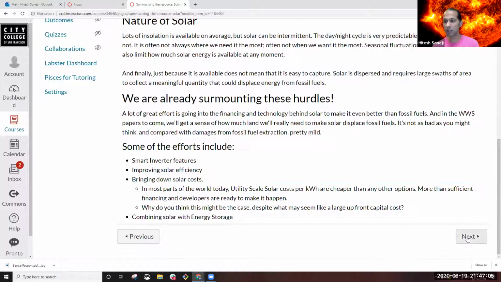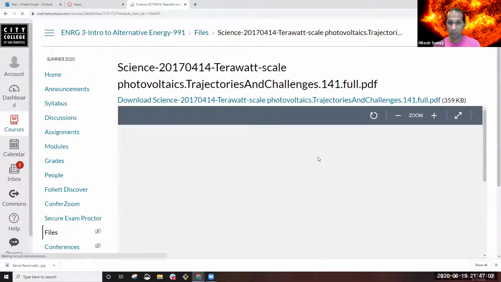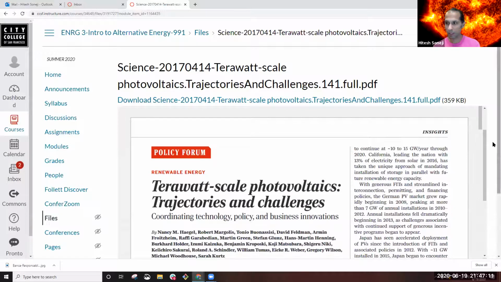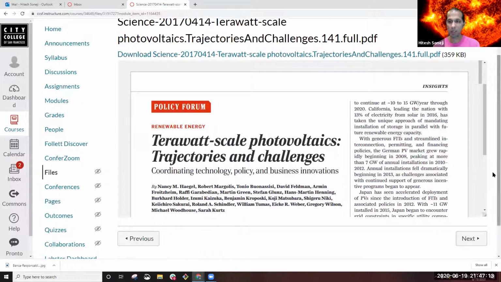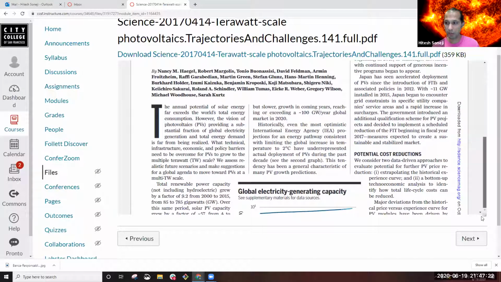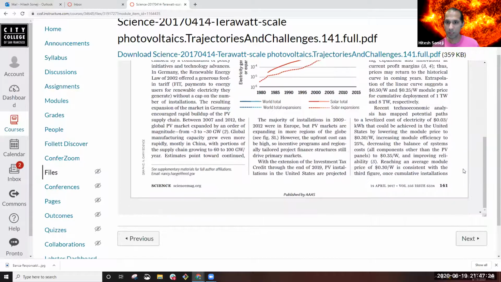And actually have a couple articles that come up here. These are two articles that were in Science. And I had the fortune of meeting the author, Nancy Hagel. She's from the National Renewable Energy Lab, which the maps are produced by them as well. And they've been tracking solar for some time. And it's really cool what they have observed.